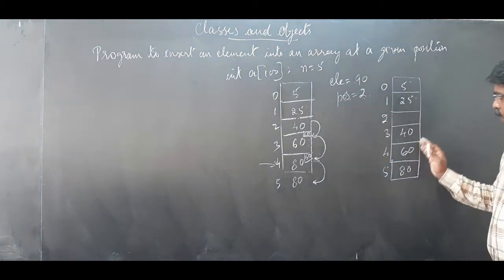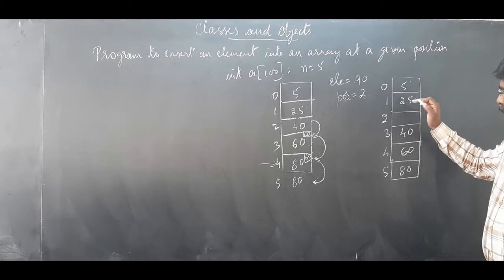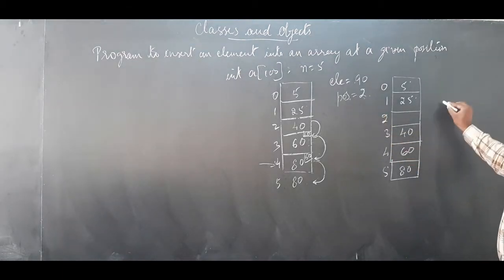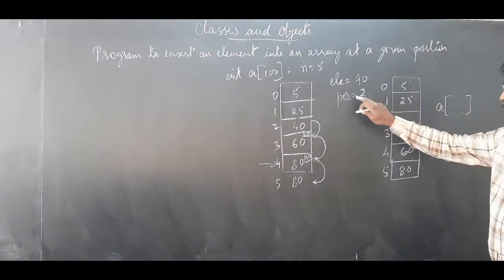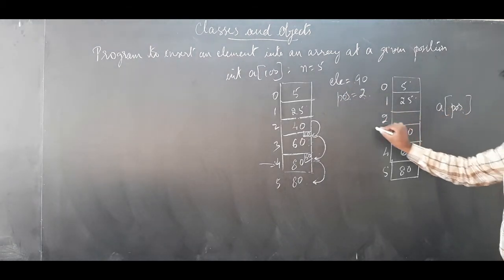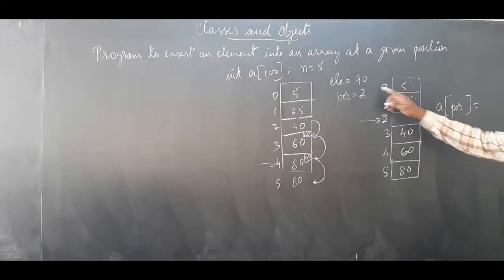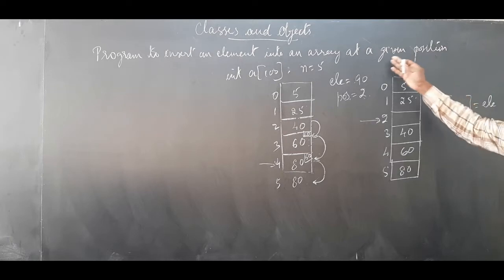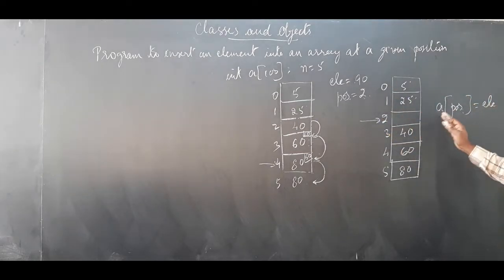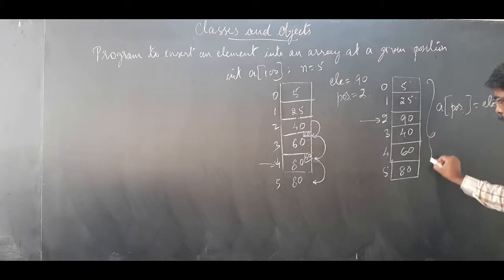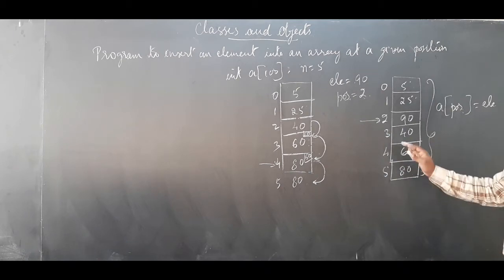So this will be the array where we are going to incorporate. Now when we are going to insert this element ELE, you know the position. So A is the array, and then the position is 2, that is, this is the position. We need to give the inserting element ELE. Now what happens? This 90 will come to the inserting point, that is, at the given position. The position is what? 2. A of 2. 90 comes over here. Hence, I am writing it 90. This will be the resulting array.